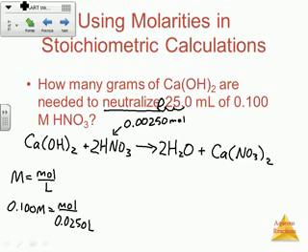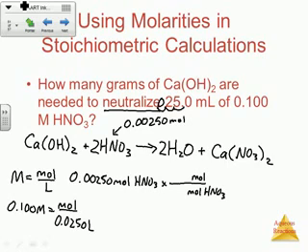And they're asking us for grams of CaOH2. So we start with 0.00250 moles of the HNO3, and we have to go from moles of HNO3 to moles of the calcium hydroxide. Based on our balanced chemical equation, this is a 1 to 2 ratio. And then once we have moles of CaOH2, we just go from moles back to grams. Calcium is about 40.08. Here, I'll actually use all the numbers this time. Plus 32, plus 2, 74.08 grams. And so then once we calculate all this out,